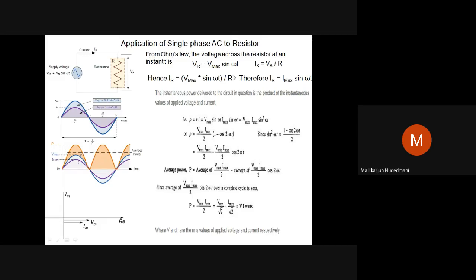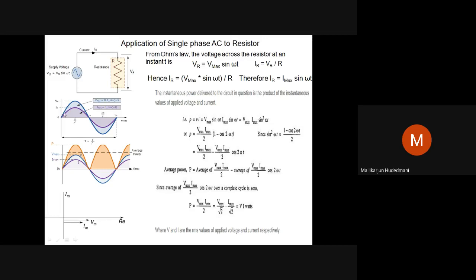The next thing is representation by vectors. The vectors are like this. So in this case, where is the vector of voltage and the vector of current through the resistor? We have seen in the case of a resistor, the wave voltage across the resistor and the current through the resistor possess themselves in phase relationship. Therefore, I can say vector V and vector I stand in the same plane, coplanar we call it, in the same direction. Therefore, they are in phase.